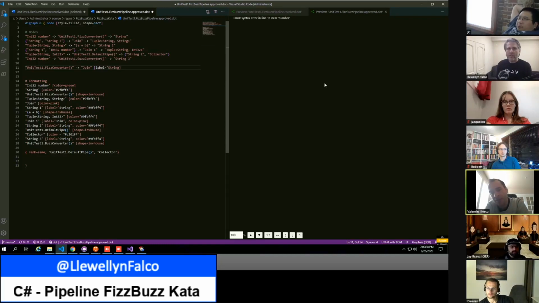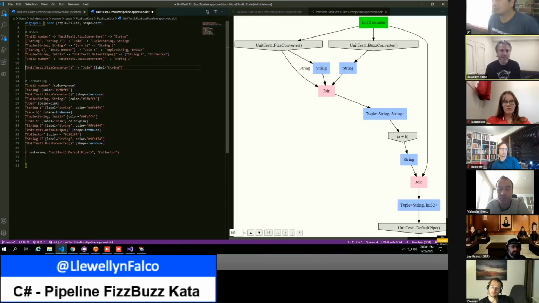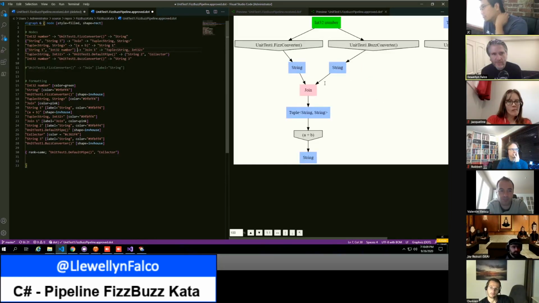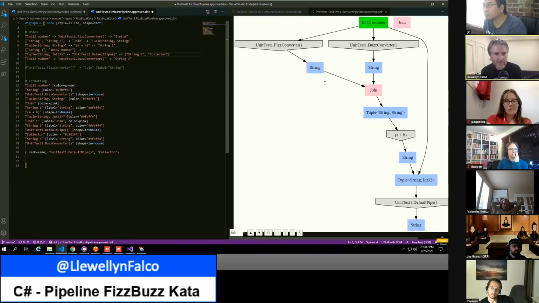Sorry, bring that back up, Jay. What he's saying is take the int32 that goes to join and push it directly to default pipe. So the join one tuple on line 7: keep the first part of that, but get rid of the join one tuple, and have it instead go to the default unit test 1 default pipe.